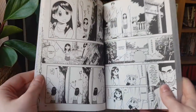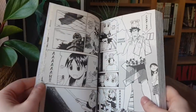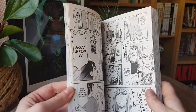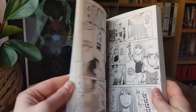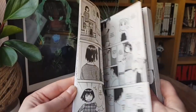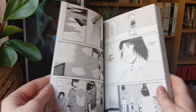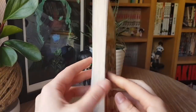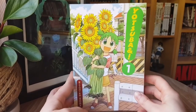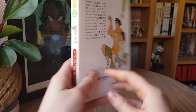It's definitely beloved. I've never been a huge fan of Azumanga Daioh, which is probably a controversial thing to say, but I don't know what it is, the difference between this and that I enjoy more. I think maybe I just am more forgiving to childish antics for really little kids, and I think people who are familiar with kids do recognize a lot of the behaviors in this series. So that's volume 1. I also got volume 2,